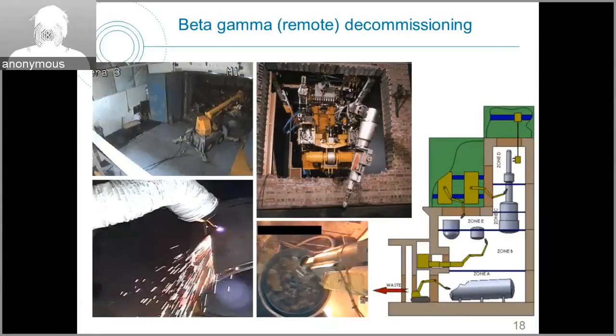We also might think about control. At the moment, we have one man operating one machine at one time. Why don't we have 3 machines in there controlled by one operator, and perhaps introduce a bit of autonomy to the machines so they can do some of the work themselves, or have automated processes or intelligent control, where we're not relying on a man driving a joystick to do the work, but he can set the job up and then it can go and do the decommissioning for him. So if we go on to the next slide,